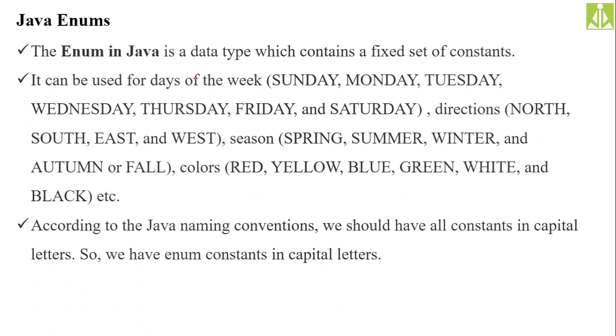Okay, according to Java naming conventions, we should have all constants in capital letters. So whenever we are creating a constant, in programming, whenever we are creating a named constant, what we do, we take all capitals, isn't it? So it is a better practice if you put all enumerator fields in capitals, because they represent constants in programming. So by seeing those capital letters, one can understand that it is an element of enumerator. Okay, likewise.